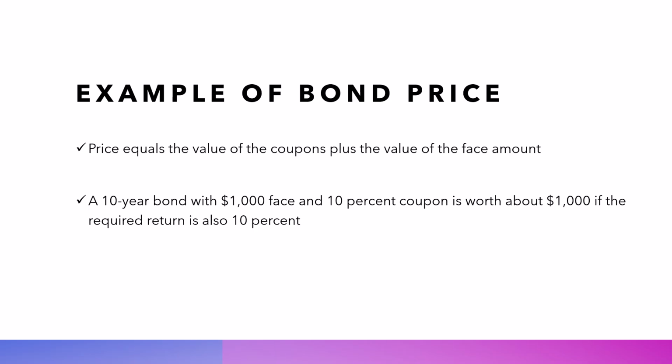For a 10-year, $1,000 par value bond with a 10% coupon rate and a required return of 10%, the annual coupon payment is $100. Using the present value formula, bond value is